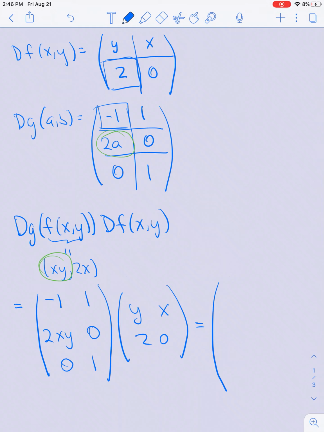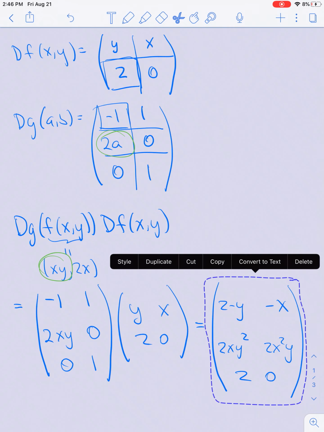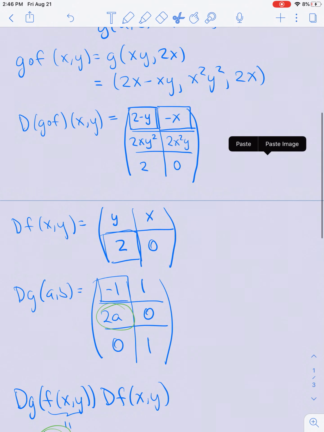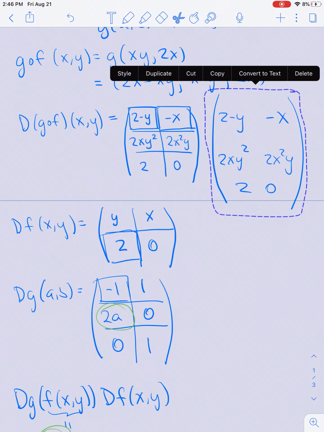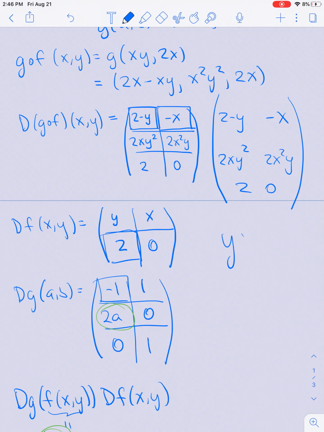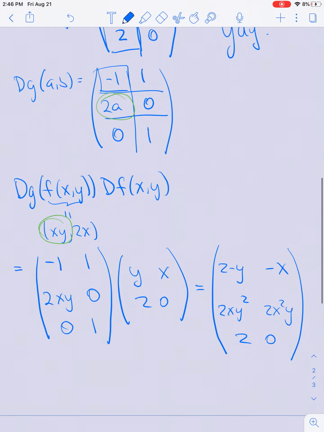So what I'll get is 2 minus y, negative x, 2xy squared, 2x squared y, 2 and 0. And if I look back at what I had earlier, well, they look to be exactly the same. So we're not going to prove the multivariable chain rule in this video. We'll discuss the proof in class. But one consequence that we will prove